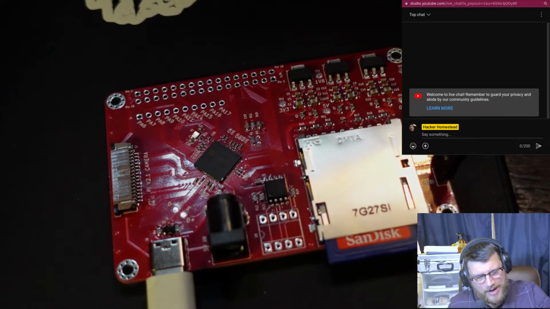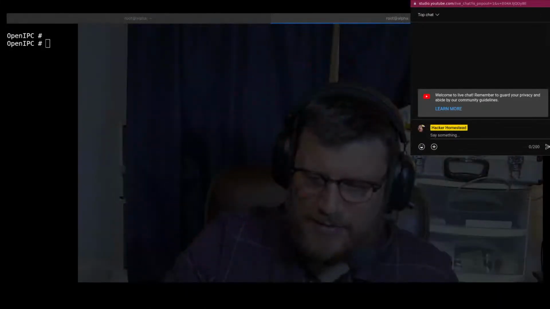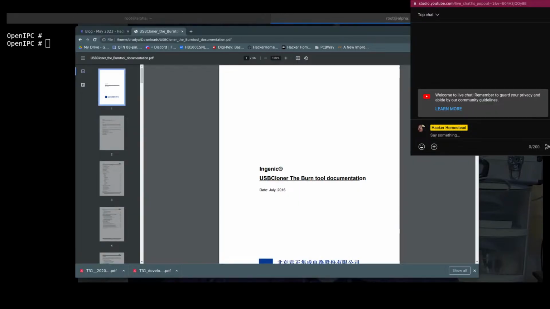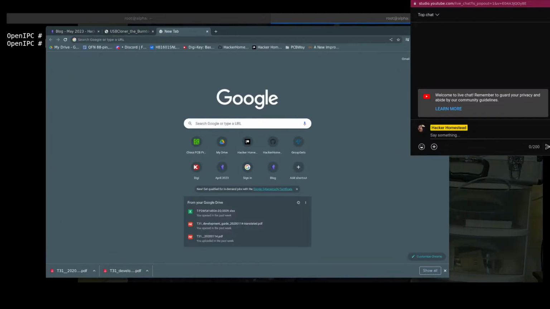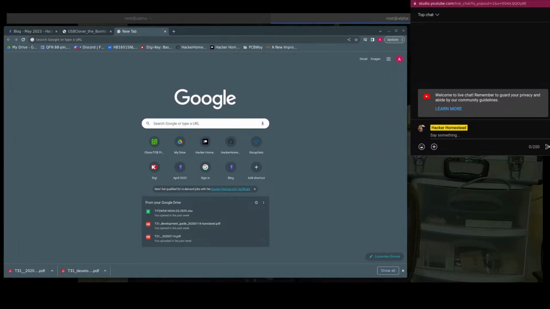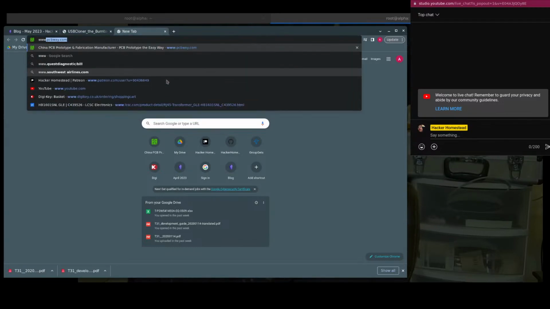I'll do a video also on going through the USB cloner tool, which I got from the Ingenic website, or the FTP site, specifically. For right now, again, this is a little bit all over the place, but you can go to